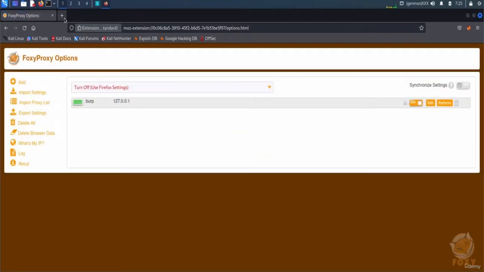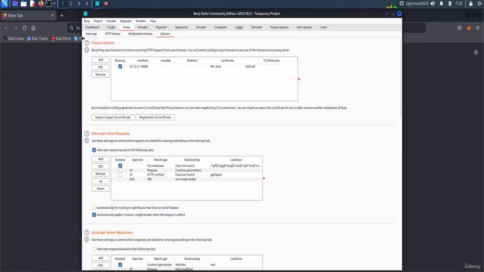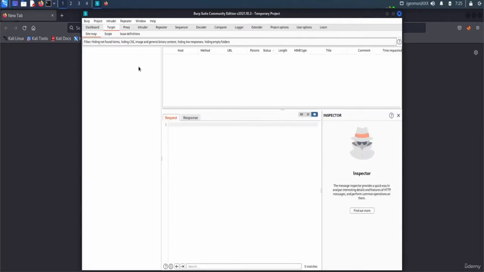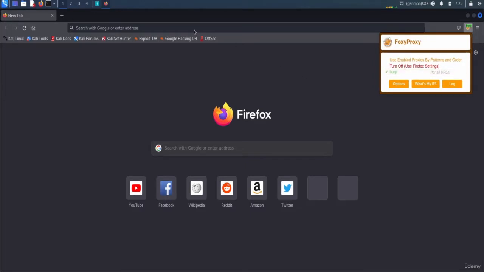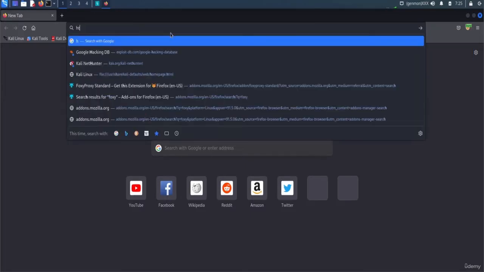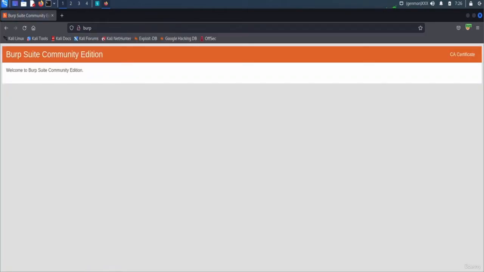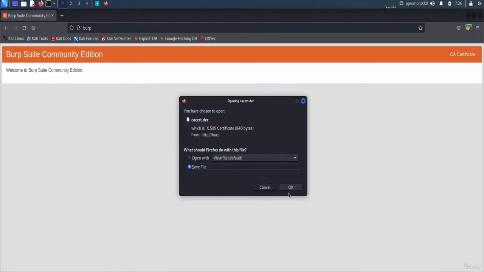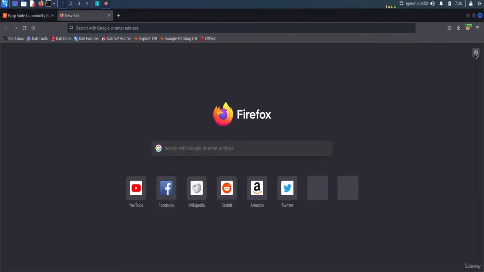All right, it's saved, and just open a new tab. The next thing you have to do is install the certificate for Burp to allow your web browser to trust the proxy server. So I'm going to type in here http://burp, and this page should appear. Download the certificate here, press save the file, and we are going to add this to our